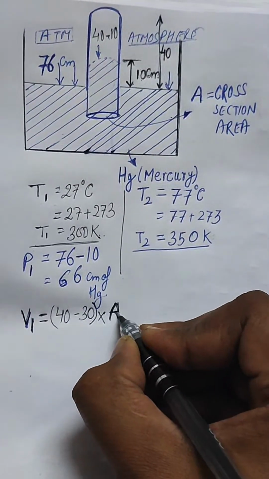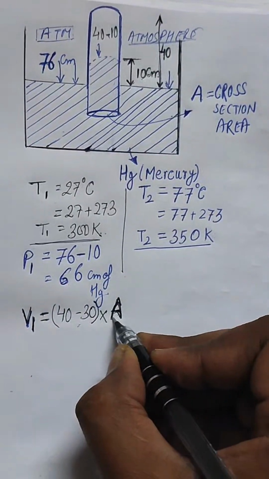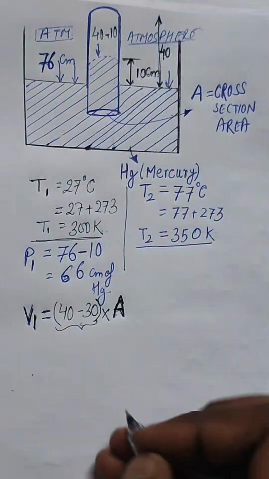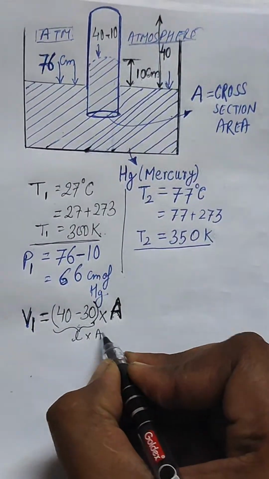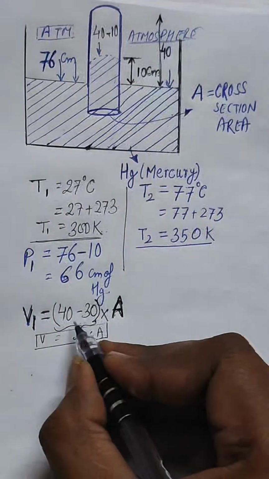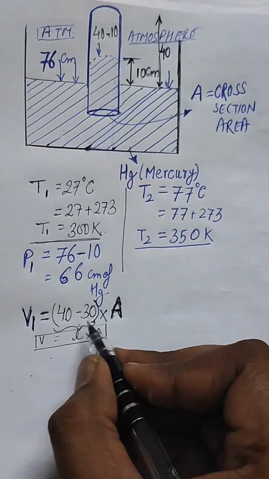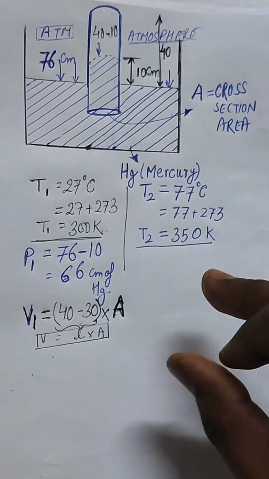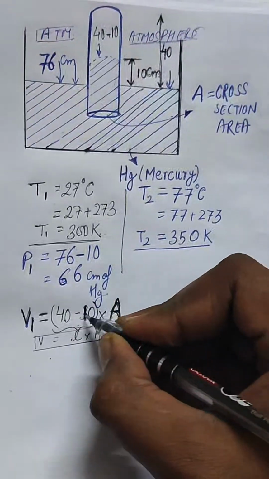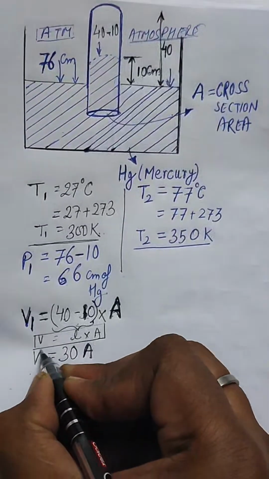Tell me if this is wrong or if this is not understandable. Area into length. This is basically length, 40 minus 10, right? And you know length into area is volume. You know it. Volume is length into area. Now 40 minus 30 is 10, right? 40 minus 30. So initial volume which you want, not 40 minus 30, basically is 40 minus 10. Let me correct it. 40 minus 10. It is coming as 30. So volume will be 30 times the cross sectional area in the first case,